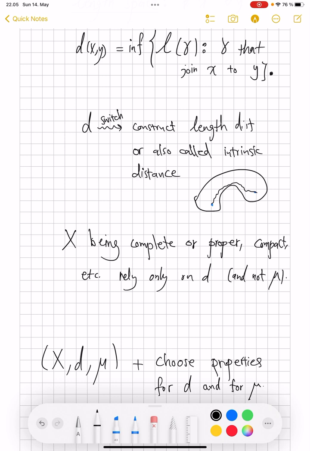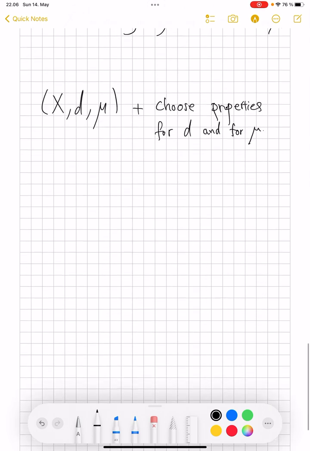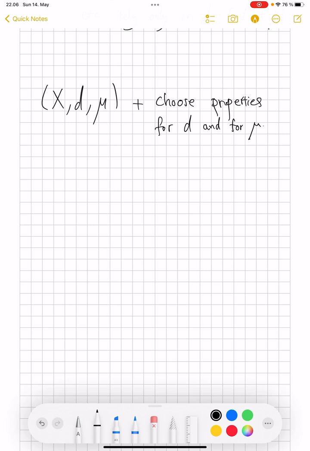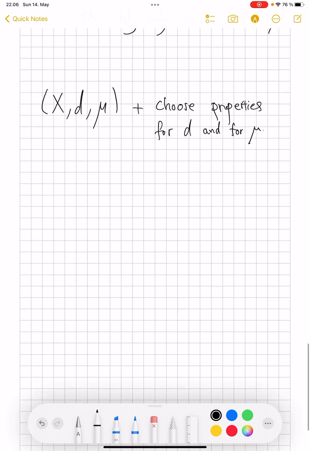Okay, so again, this video is an overall picture of what is happening, but it's also important because once we get into the details and technicalities, it is important to separate what we are requiring of the distance and what we are requiring of the measure, and also how they react and connect to one another. So what is next in our agenda? To be able to talk about Sobolev functions on general metric measure spaces, we have to definitely talk about a notion